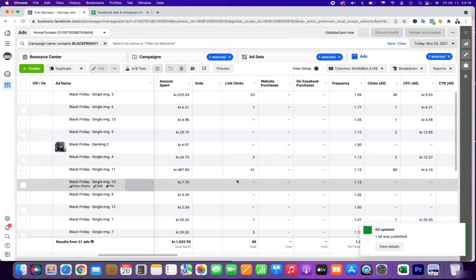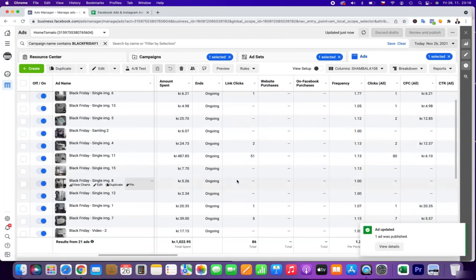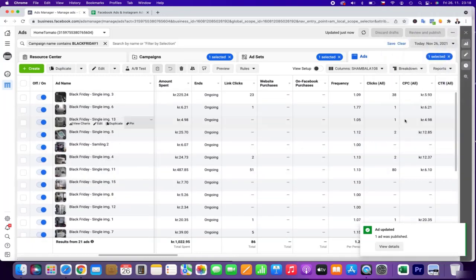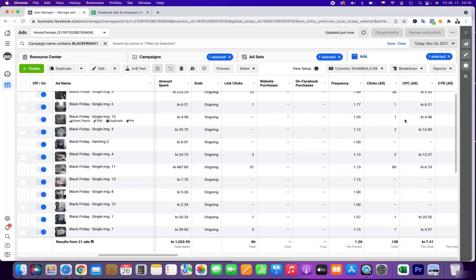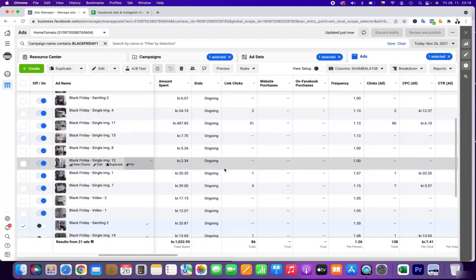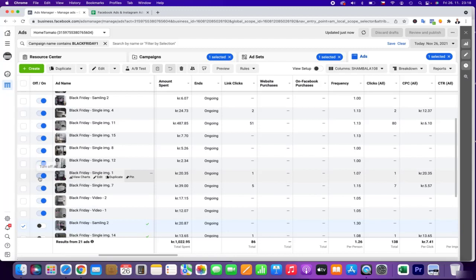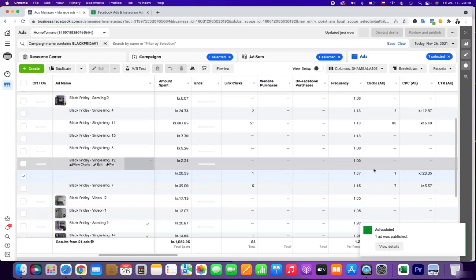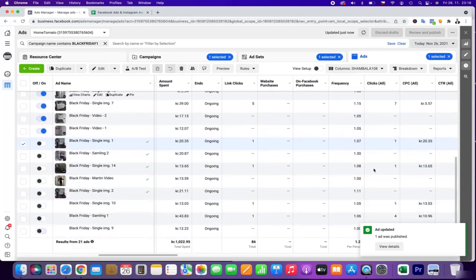So basically what you can also do, you can double check if you are not losing money, because it's sometimes good to really check if something is not going well.